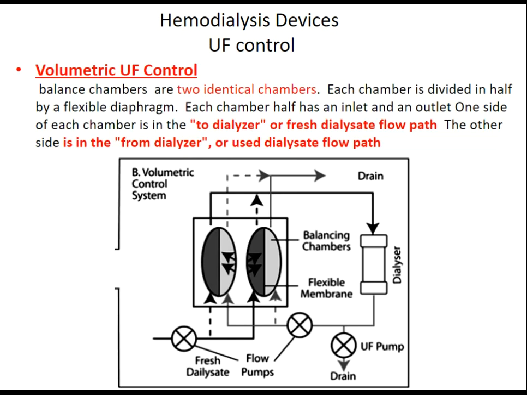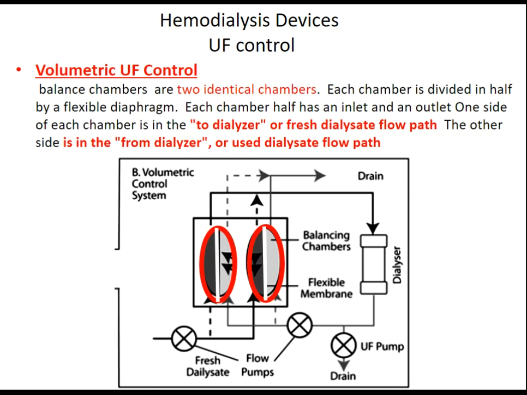The volumetric balancing system has two balanced chambers, which are identical chambers. Each chamber is divided in half by a flexible diaphragm. Each chamber half has an inlet and an outlet. One side of each chamber